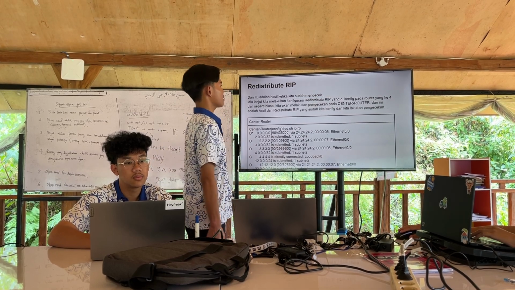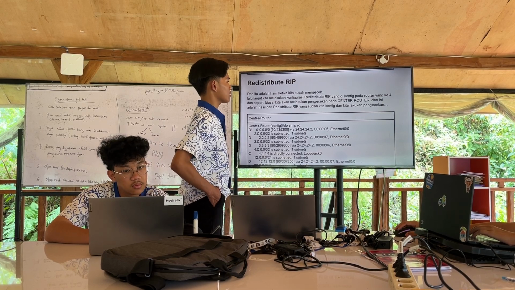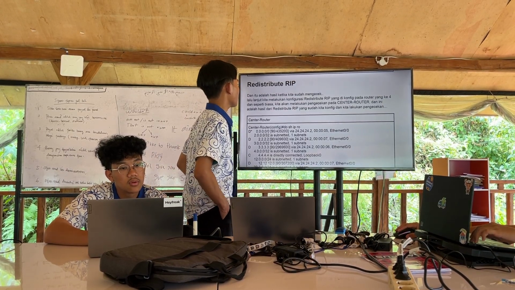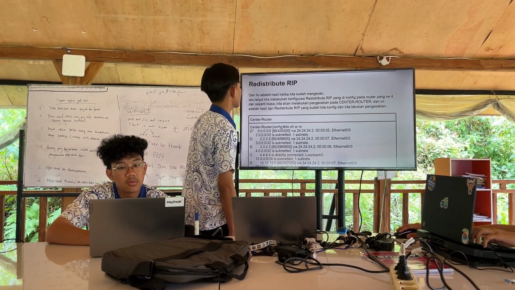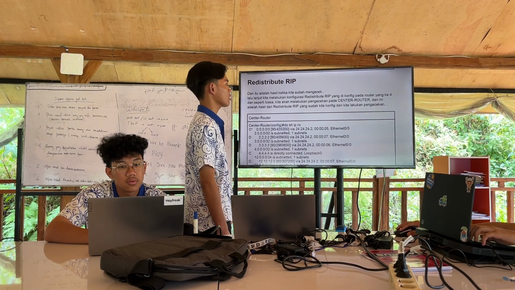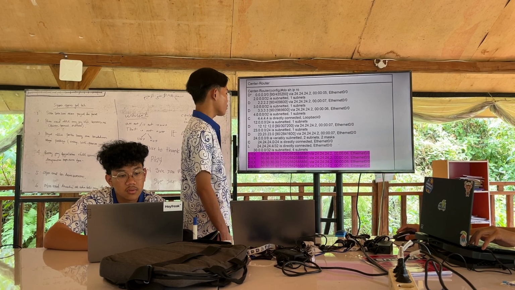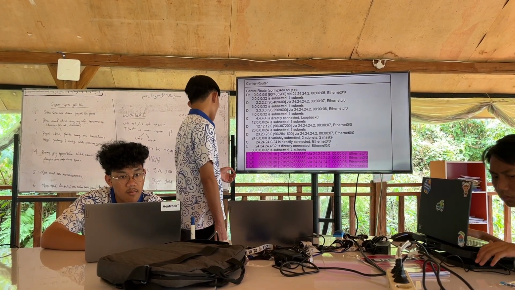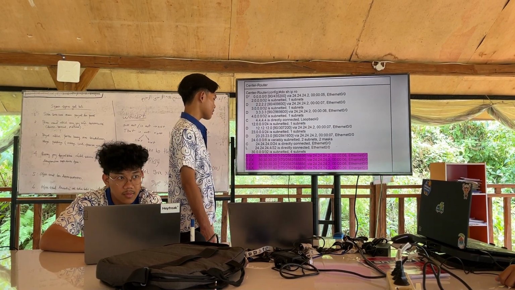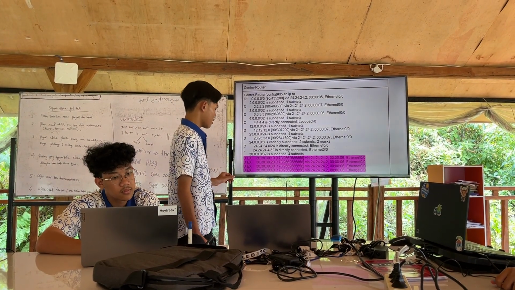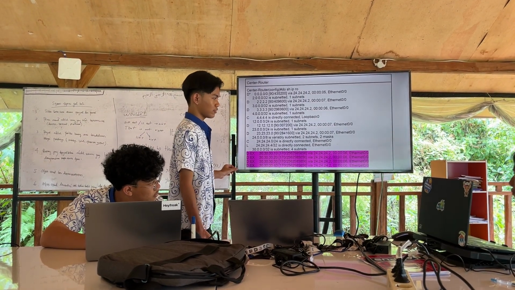And then redistribute RIP. After we check the configuration, next we do the configuration for redistribute RIP that we configure at the fourth router, and as usual we check at the center router. Okay, this IP was entering the center router that we had actually redistributed into the AGRP, and the flag is AX, or we can say AGRP external, that was entering the AGRP. Okay, next.